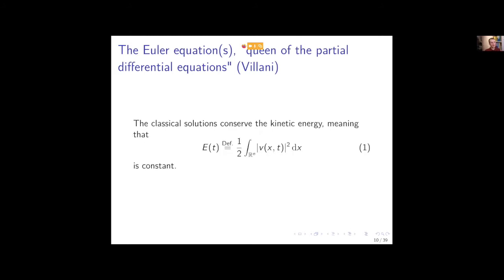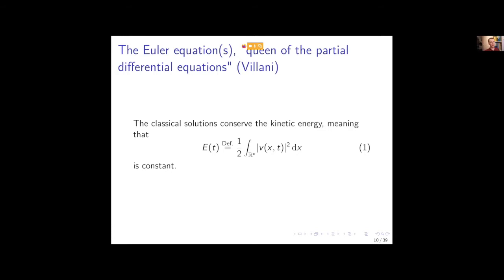Something interesting to note is that these solutions V and P, in the classical case, are C1. So if they are C1 and classical, then they will preserve the kinetic energy. This is a classical physical term: if you define the kinetic energy at time t as 1/2 times the integral of the square of the modulus of the velocity of each particle, you will see that this is constant in t. So if you have any V and P that satisfies the Euler equations, the energy is not going to change, right?